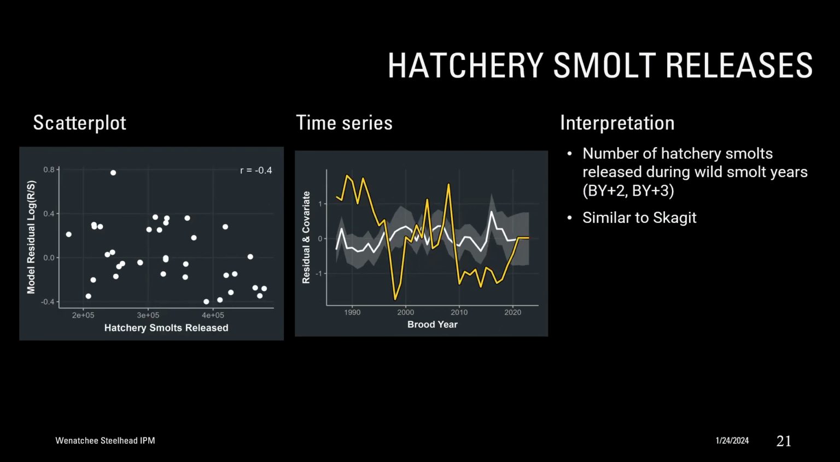Running a little low on time, so not going into too many details about the rest of these, but after we incorporate that effect and look at the residuals again and look at the next thing, it comes out that there's a negative correlation of wild recruitment with the number of hatchery smolts during the years that the